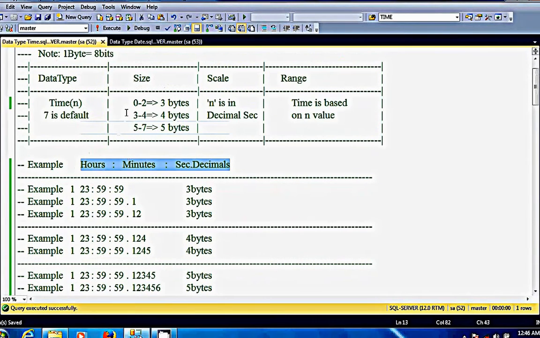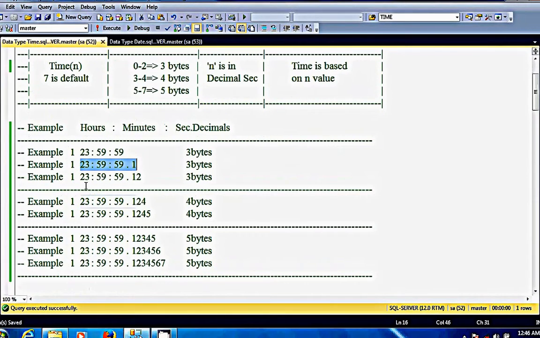See here, time of 0 means no fractionals, only hours, minutes, and seconds, and it will occupy 3 bytes. Time of 1 has one fractional second and occupies 3 bytes. Time of 2 also occupies 3 bytes, but it has 2 fractional seconds.